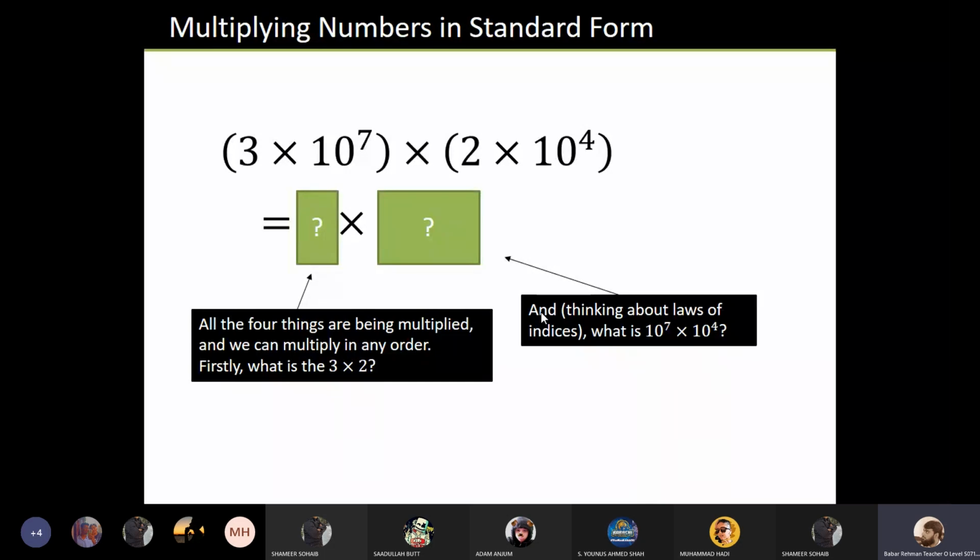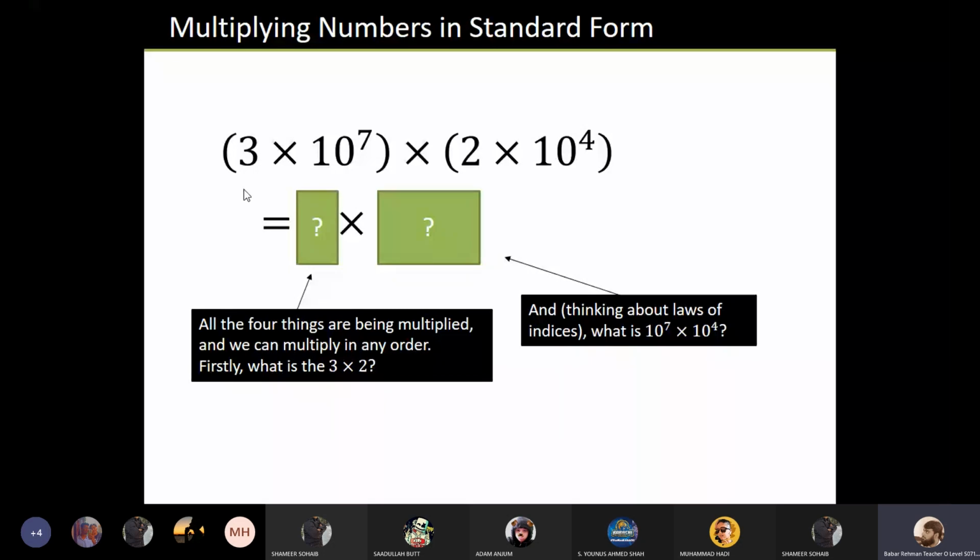Our topic, first this slide I will explain, and then the other slide Umar Jamil will explain. So students, when we multiply two numbers in indices, in the paper it also comes like this: a is equal to, for example, 3 multiplied by 10 power 7, they will call it p, and q is equal to 2 multiplied by 10 power 4. Then they will write p multiplied by q. That means p has this number in standard form and q has this one, then we multiply these two numbers.